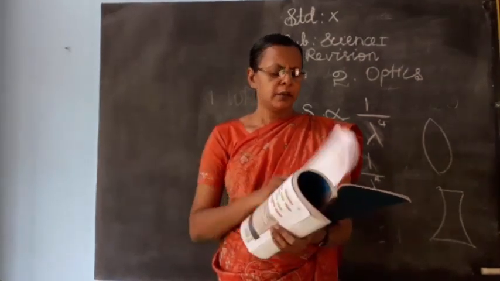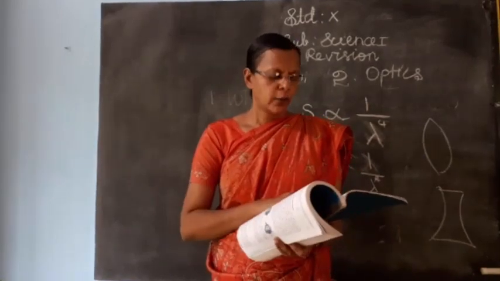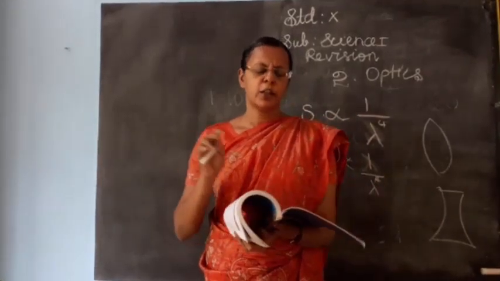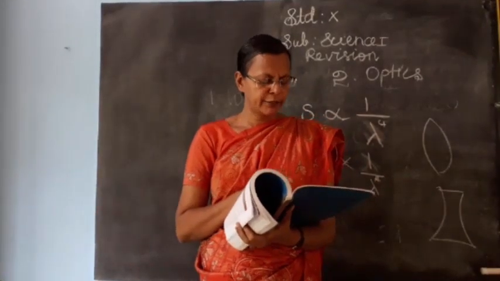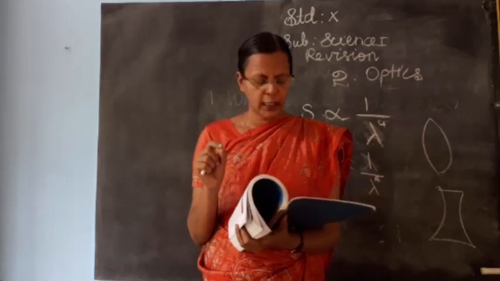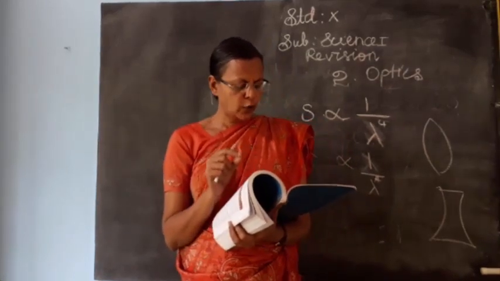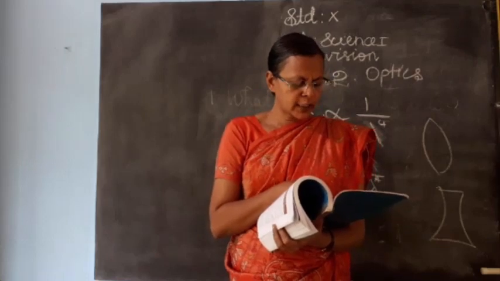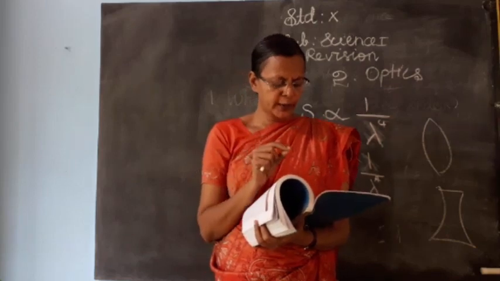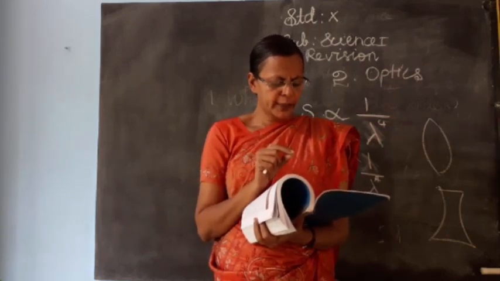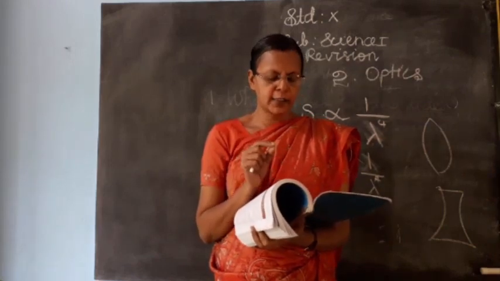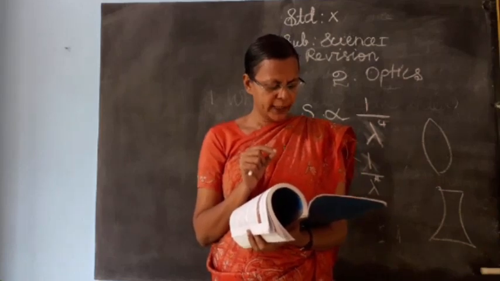Okay. So, some additional questions we can see now. While seeing additional questions, the page number 16 onwards. Okay, the page number 16. First, in the introduction part, we can see 2 questions. What are luminous objects and what are non-luminous objects? Okay, what are luminous objects? The light sources which emit their own light are called luminous objects. Okay, so luminous objects, all the stars including the sun, are examples for luminous objects. So that is the definition for luminous objects.